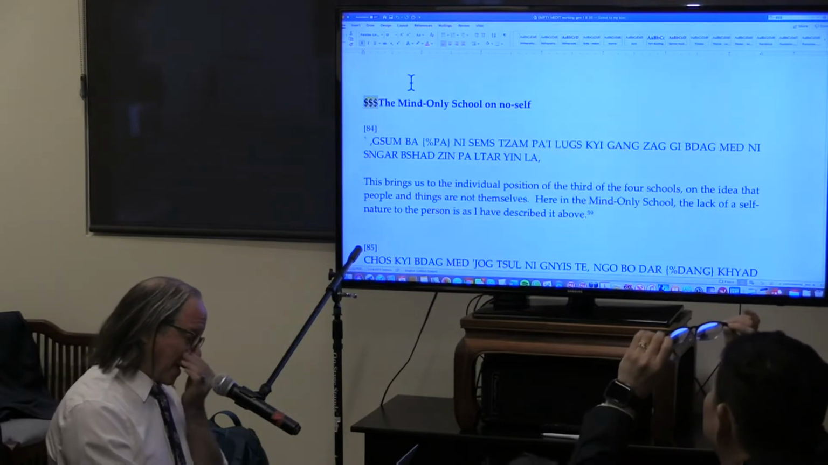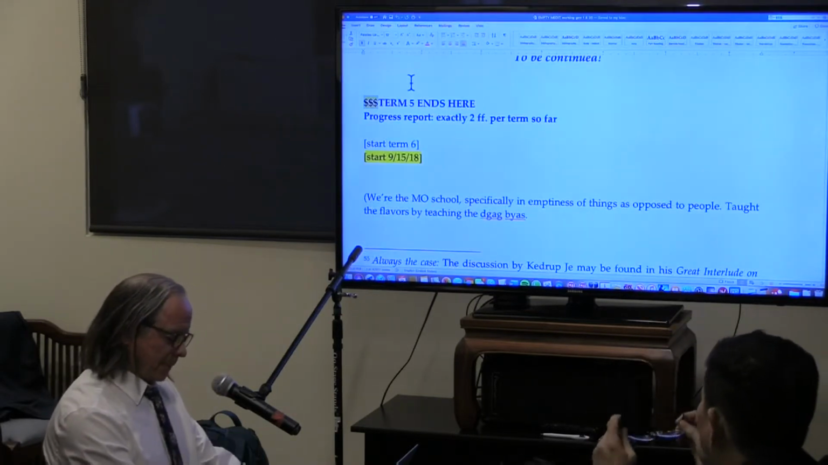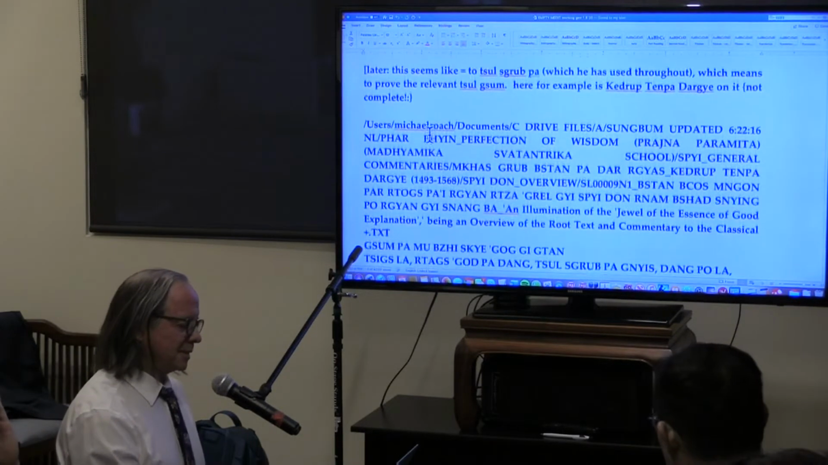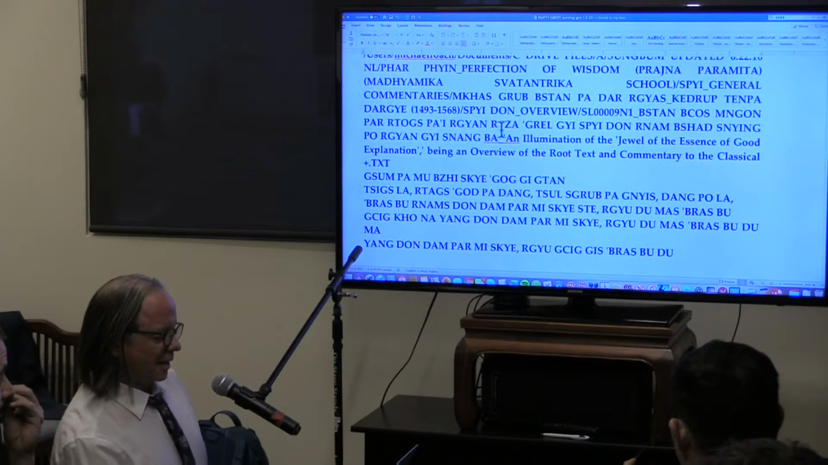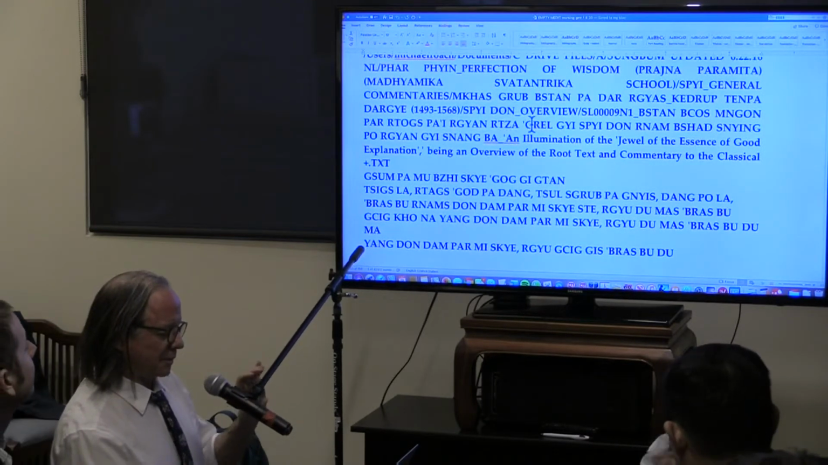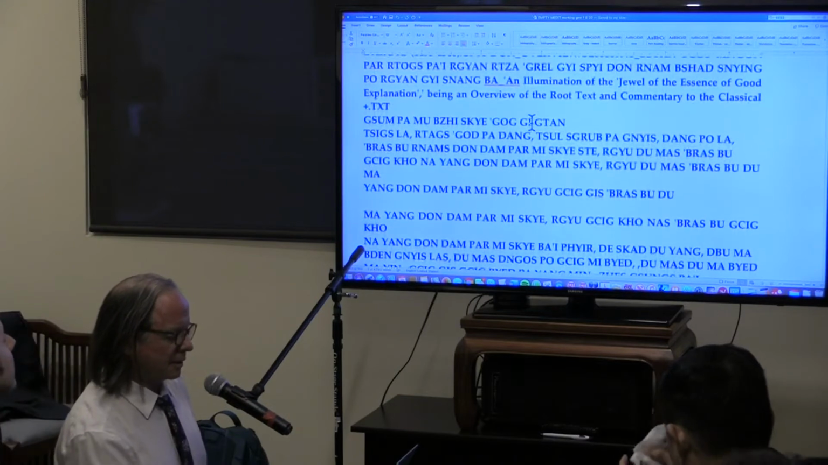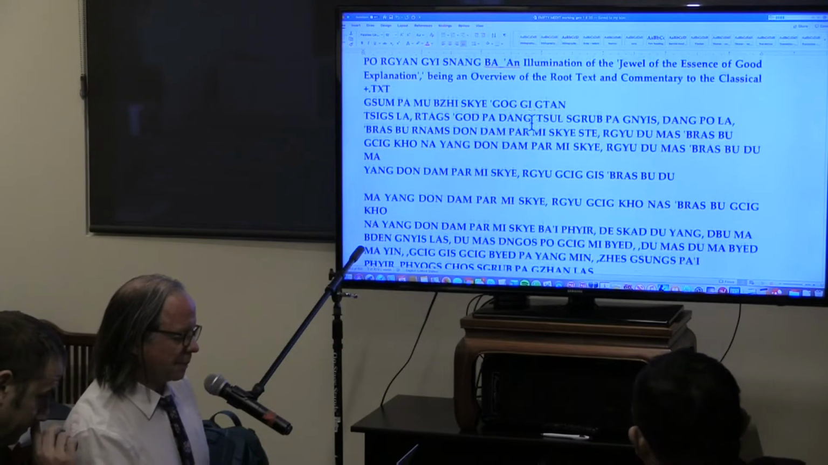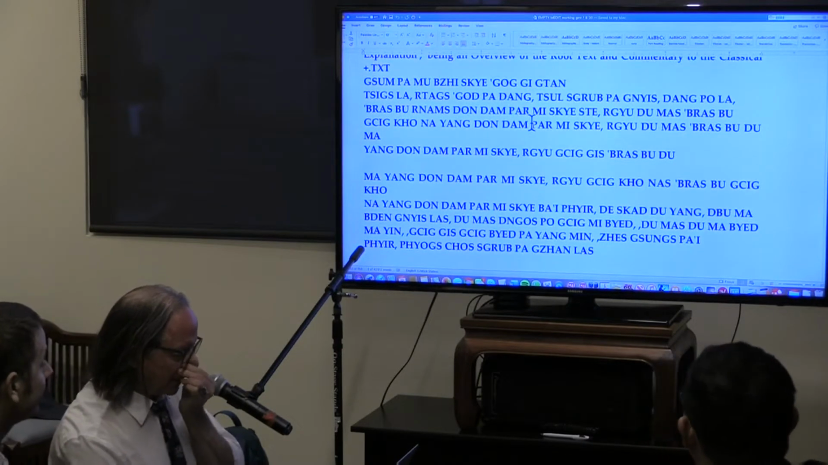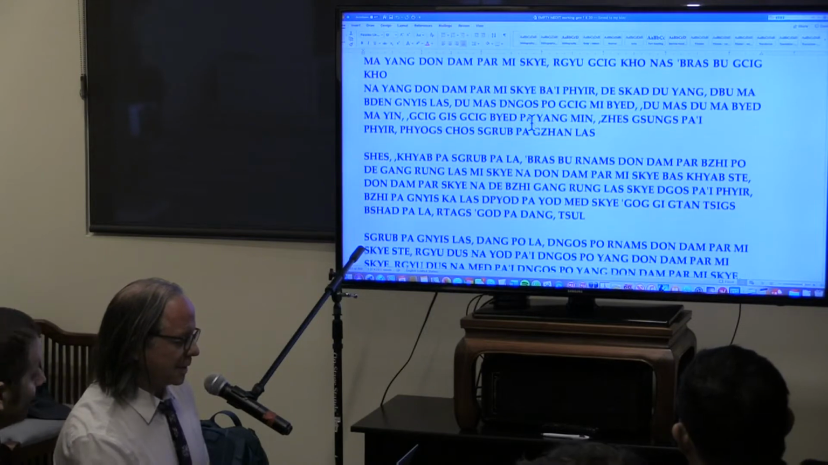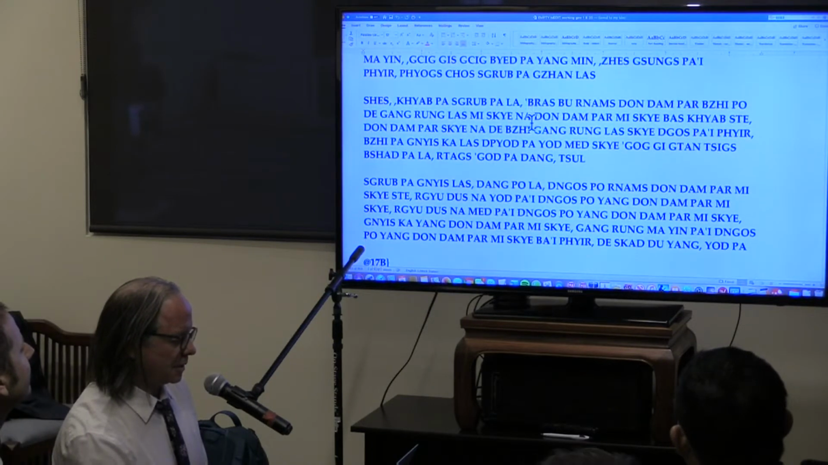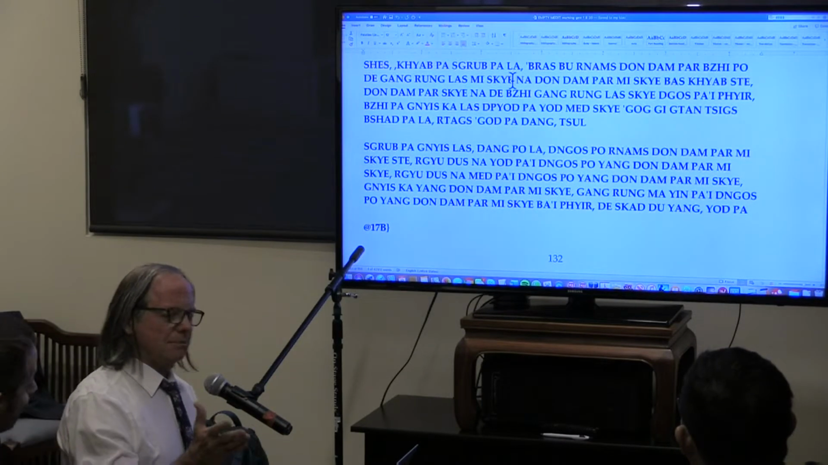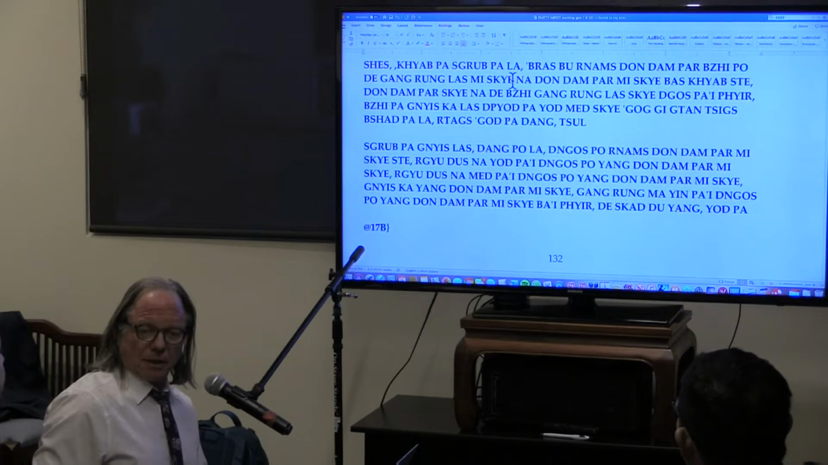So here we go. I got a lot of options for you. Here's Kedrup Tenpa Dargye, same person, Sugeng's author. He's got one. He goes through the Drup tsul, see? Here he says, basically, when you want to prove a logical statement, when you want to prove the three